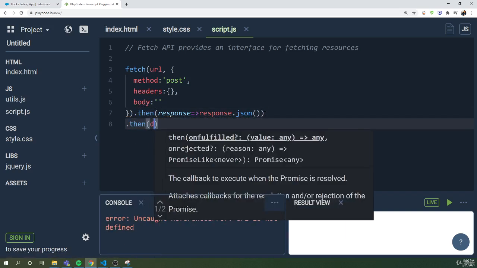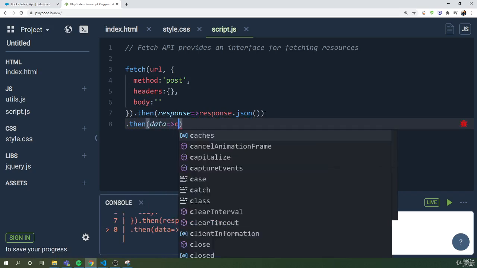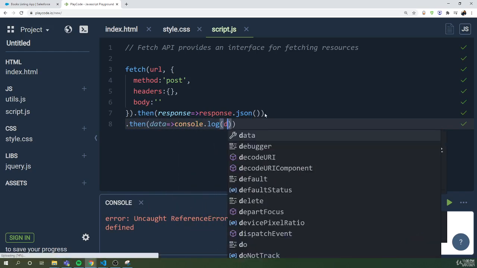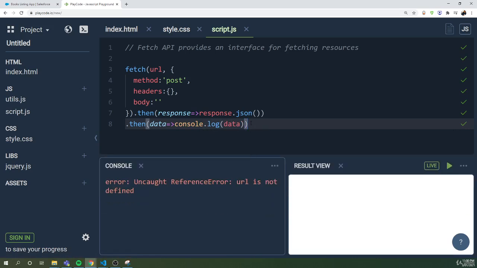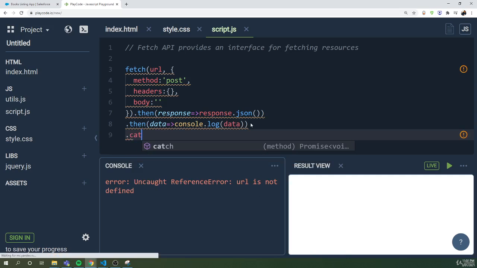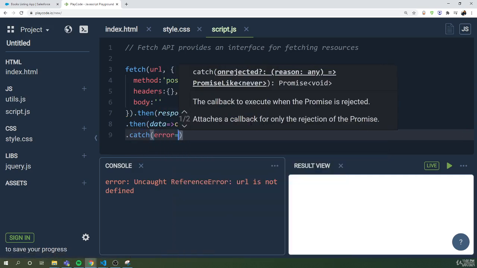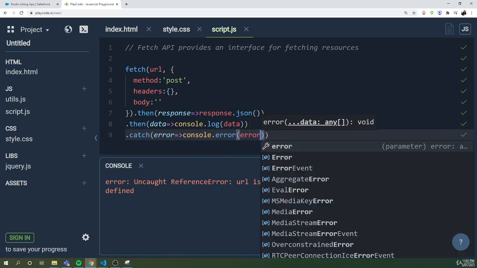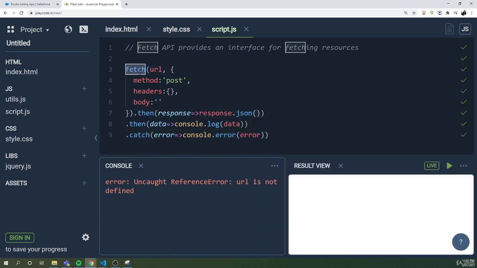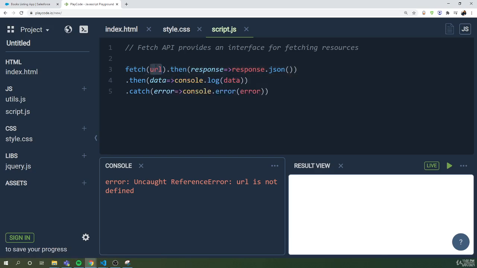To catch that promise, we're gonna use data, and we'll say console.log data, and if it hits the API, it will return the data. And to handle the error, we're gonna use catch, and if an error comes, we'll console.error the error. So this is the full syntax of fetch API. Here we don't have any post call, so we are just calling the Google API of books to get the book details. So I'll just remove the second object here,